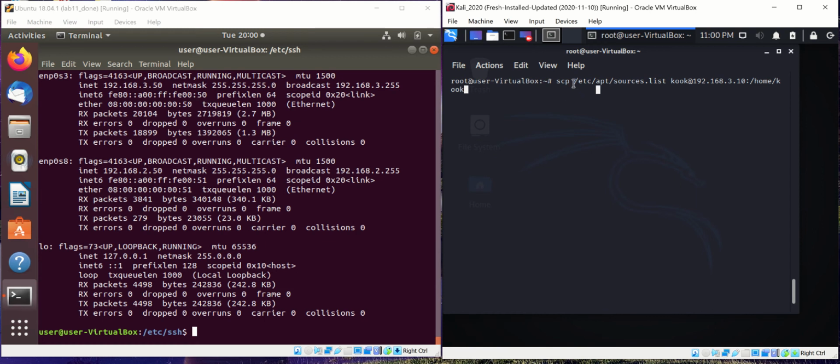So I copy the file from /etc/apt/sources.list. This is in my Ubuntu machine. I want to copy this file to the destination, my username kook. The kook user is a regular user in my Kali machine, because if we want to